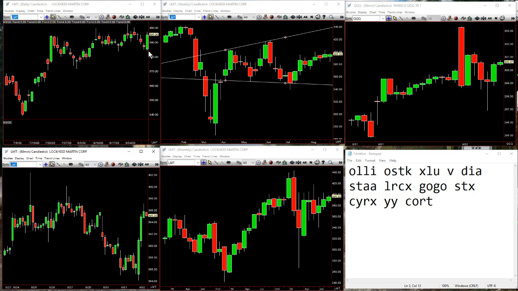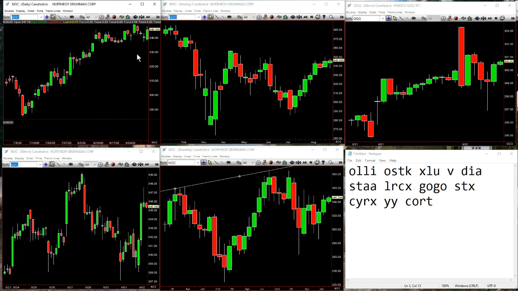As soon as this goes green here, after taking out the lows, we're looking for an outside bar because we know that exists. And you've got some more room on this LMT, and that also tells us to look at Northrop Grumman here. Northrop Grumman too strong to take out yesterday's lows. 2-2 reversal on the day, upper left, right? We'll see if this sets up again.